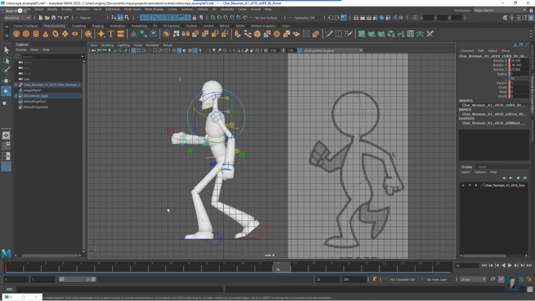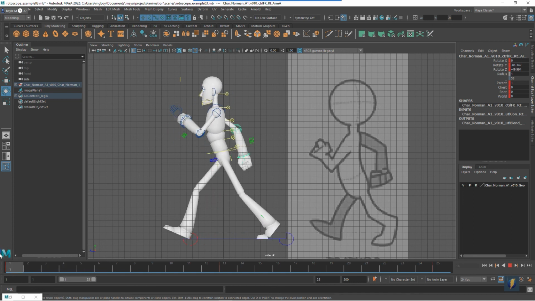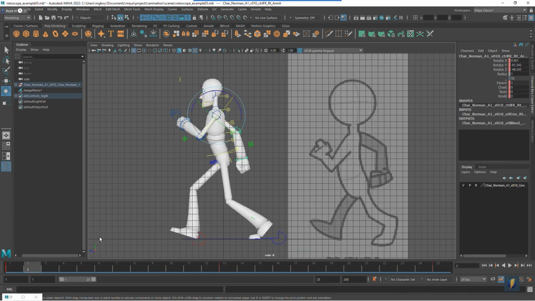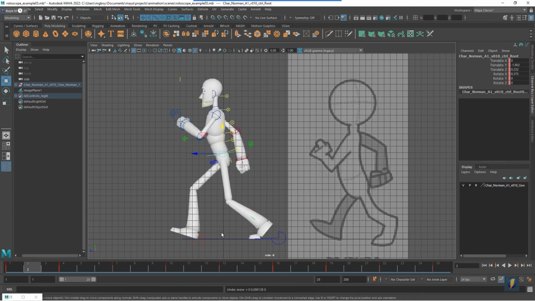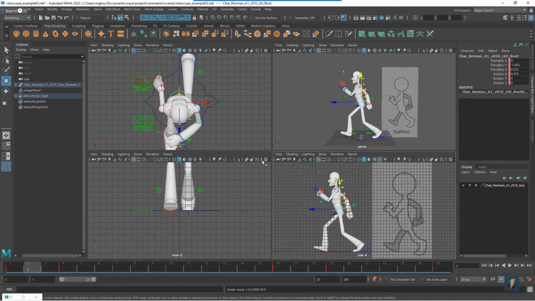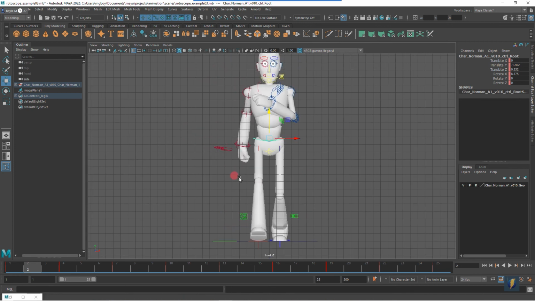Now, as I was saying, there were some things about the feet, the legs, that I wasn't quite pleased with yet. But I wanted to hold off on that because, as I said, whatever you do to the hips here is really going to affect the legs and feet. And unfortunately, with any kind of reference material, whether it's live action video or in this case drawing, there's a lot that's not going to come across necessarily in your reference material. And one thing that I would be looking at with this walk animation would be, if we look at the character from the front,